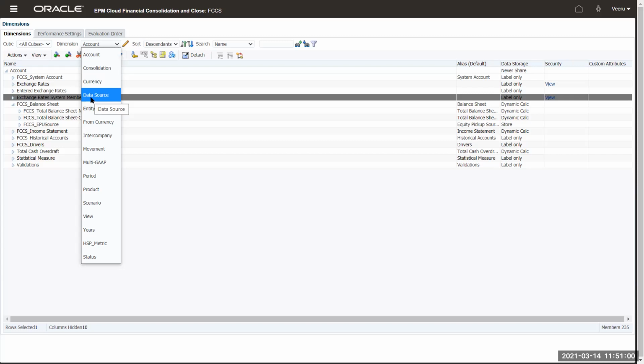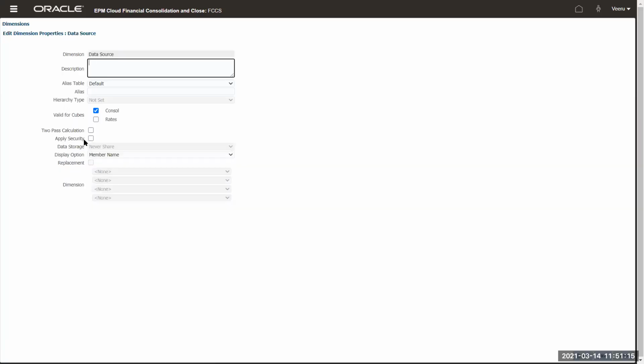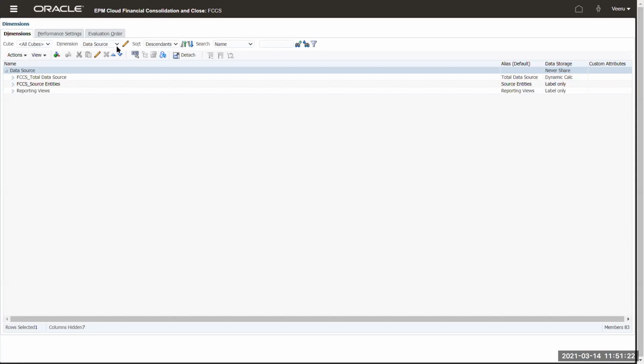So there are 4 dimensions which are used for security purposes: scenario, entity, account, and data source. You can click here and apply security. These 4 dimensions.